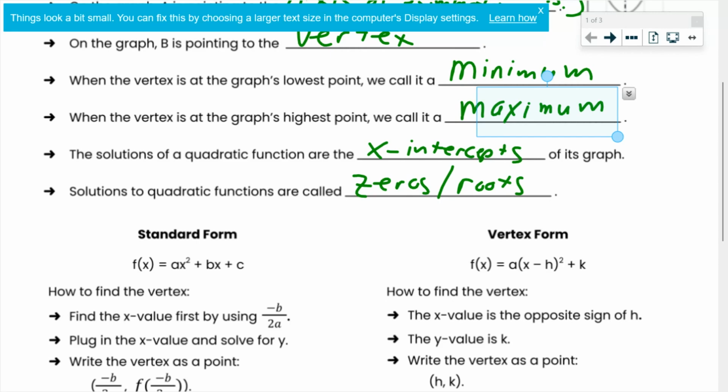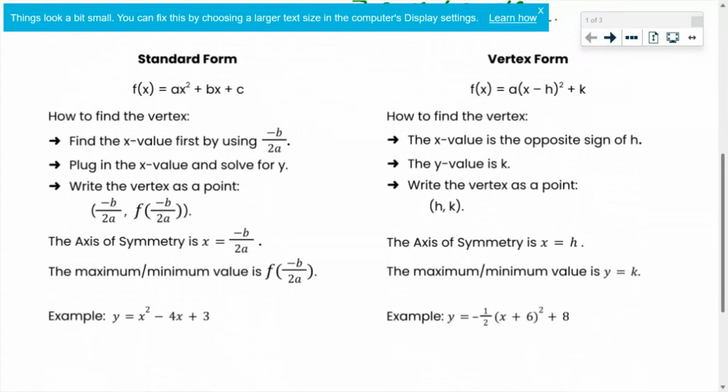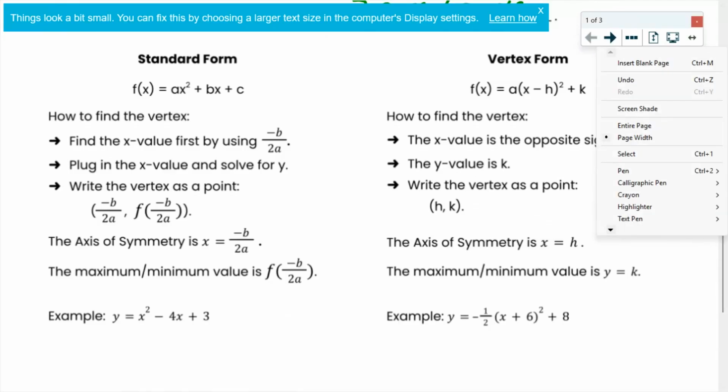Today we are going to spend our time investigating and graphing quadratic equations written in 2 forms, standard form and vertex form. Now this idea of the fact that a quadratic can be written in different forms, this should not be like earth-shattering news. If you go back to linear equations,